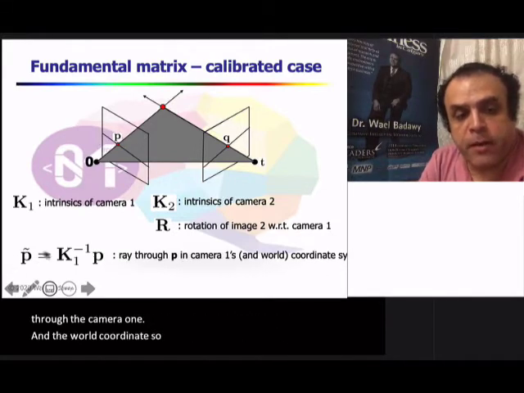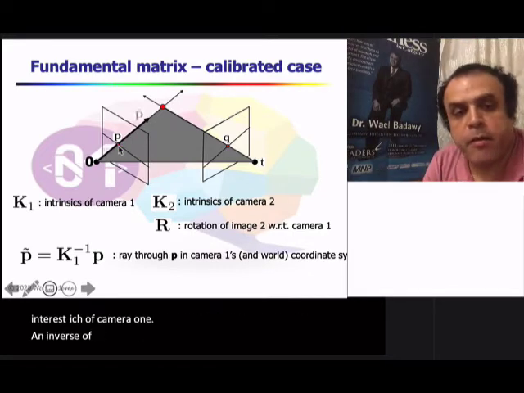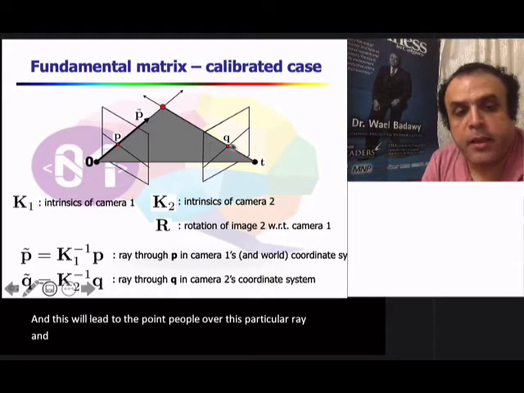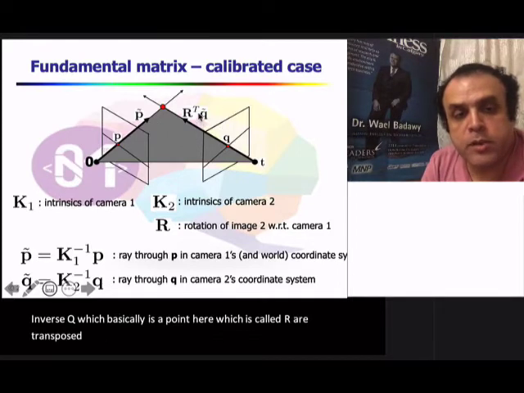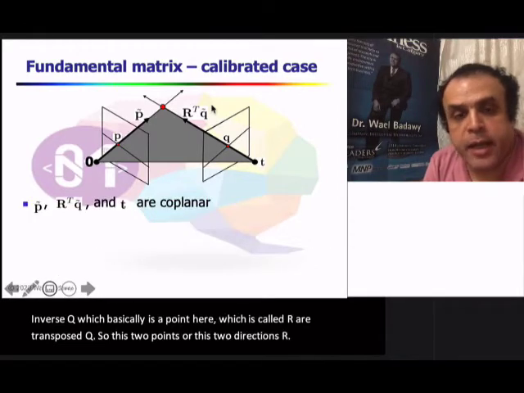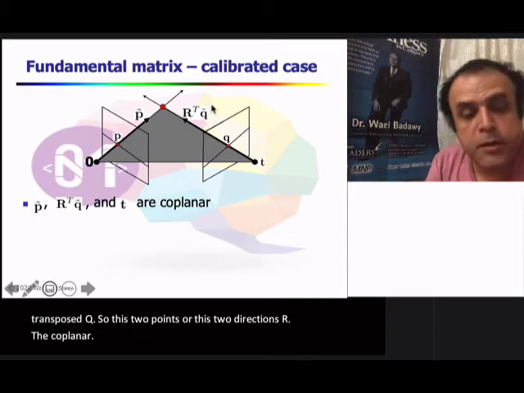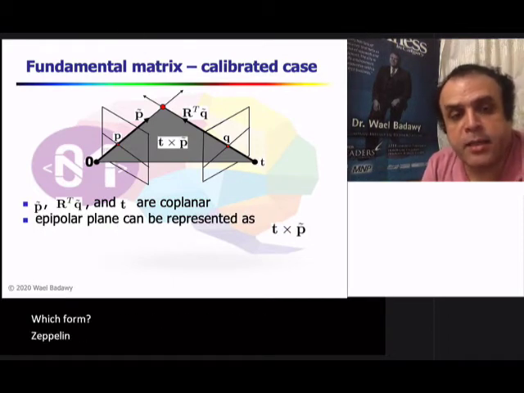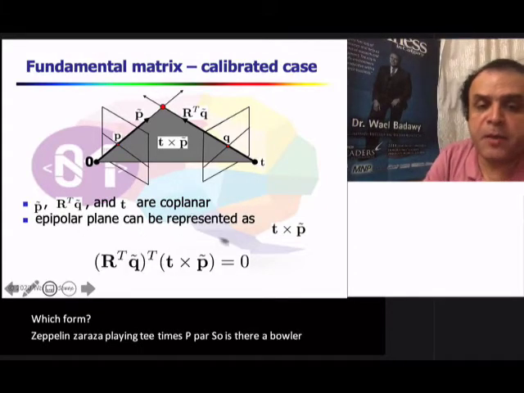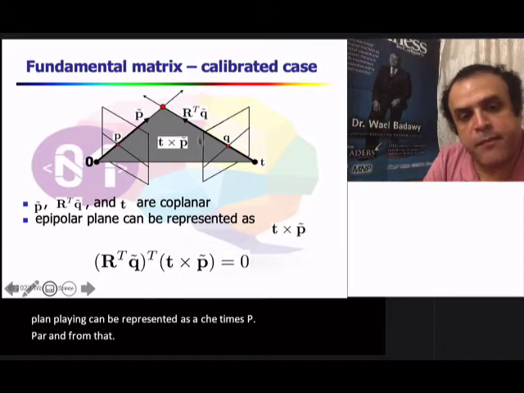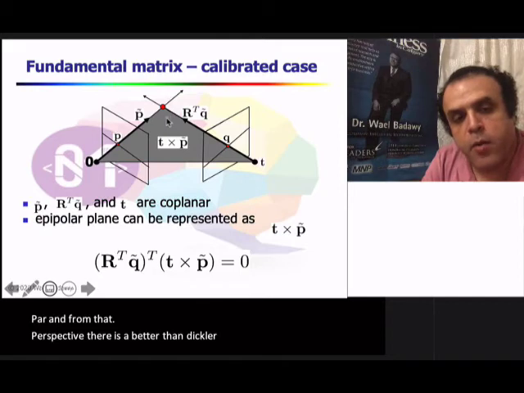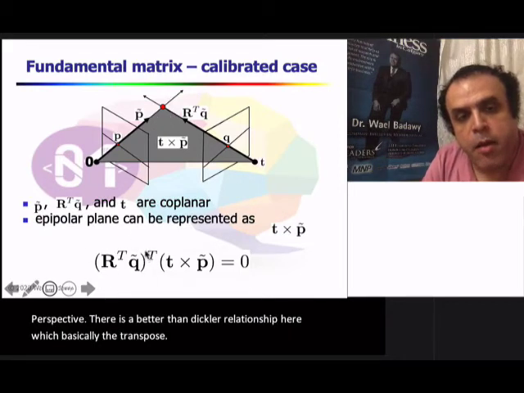So P bar will be basically the intrinsic of camera 1, inverse of it, times P, and this will lead to the point P bar over this particular ray, and the Q bar will be K2 inverse Q, which basically is a point here which is called R transpose Q bar. So these two points or these two directions are coplanar, which forms the plane T times P bar. So the epipolar plane can be represented as T times P bar, and from that perspective there is a perpendicular relationship here, which basically